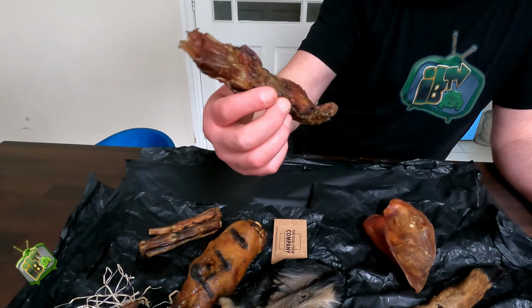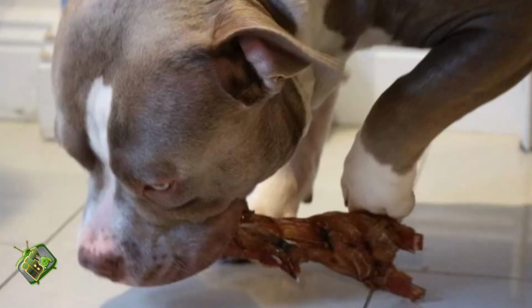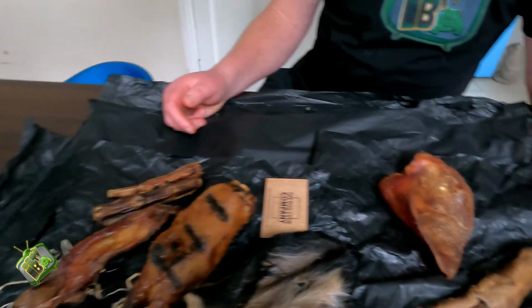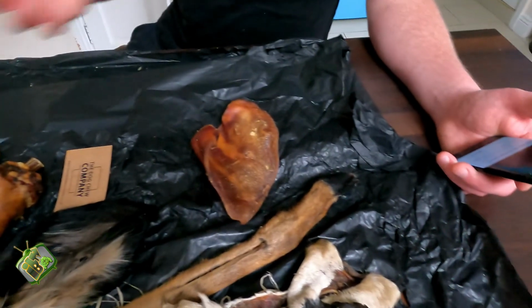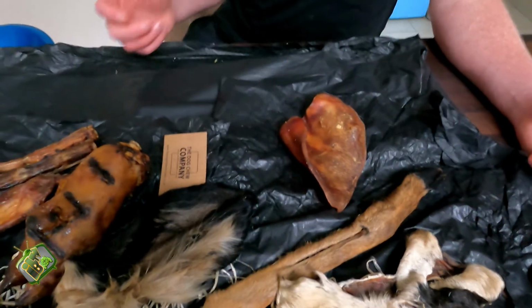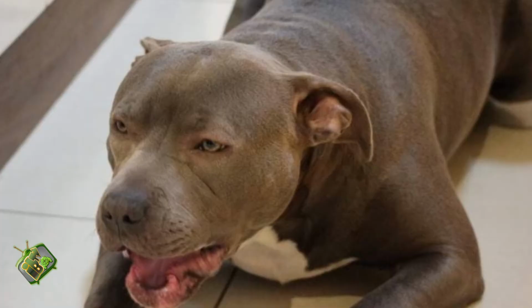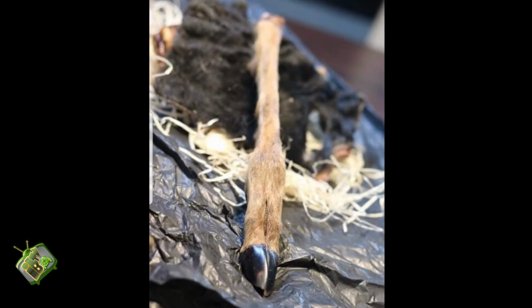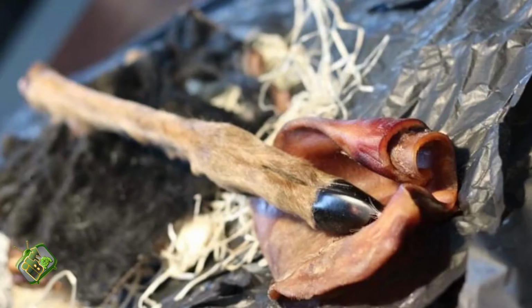And the other lad had one of these, it was a little bit bigger than this now, but it took him an hour and a half to eat it too. So, you know, for me, summing up this review, I think it's a product well worth investing in. Like in total, for me to get this product to the door cost £45